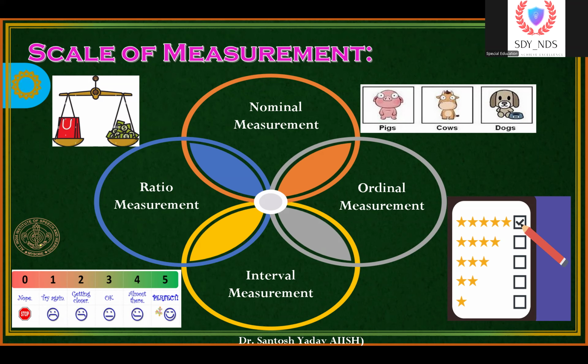So what does it mean that 1 kg is equal to 1 kg, or 2 kg is equal to 1 kg? That's a ratio scale. Here there are two parties, part number 1 and part number 2. How are we measuring? There is a ratio symbol. Here we are writing 4 and here we are writing 3, so a 4:3 ratio. In that also we are measuring the terms.